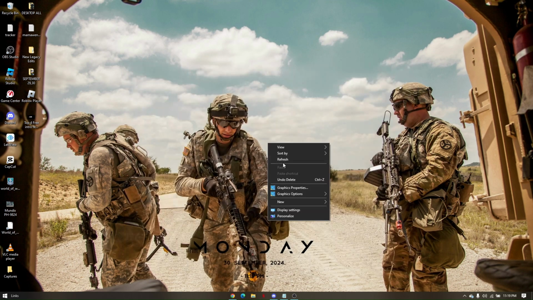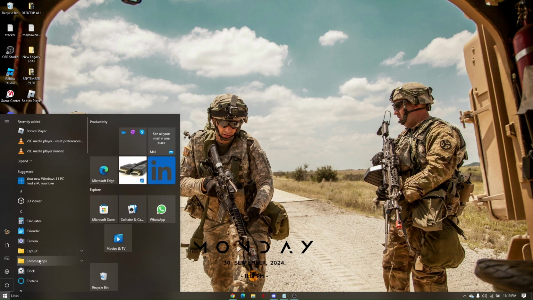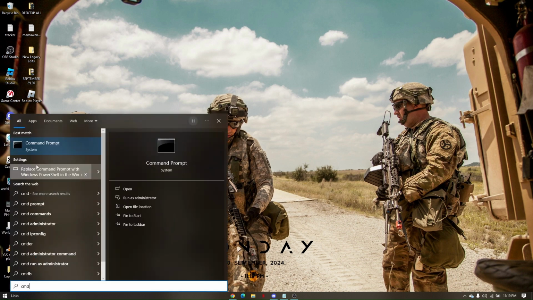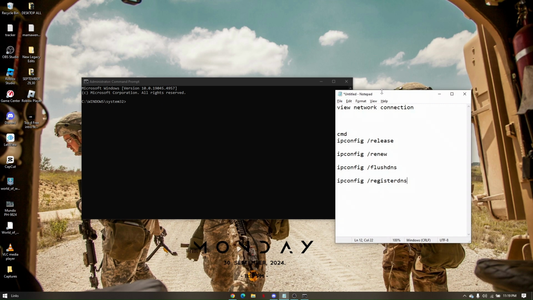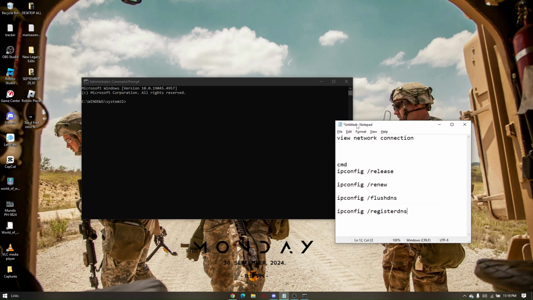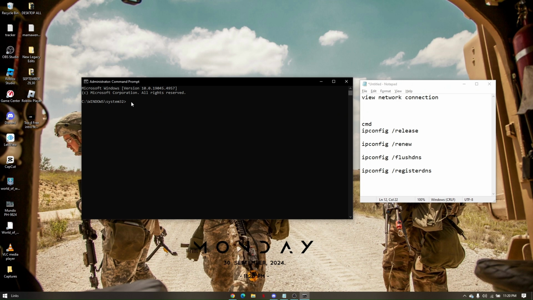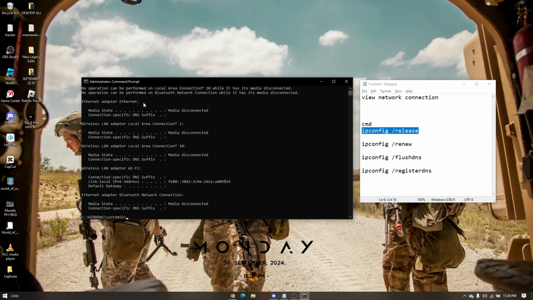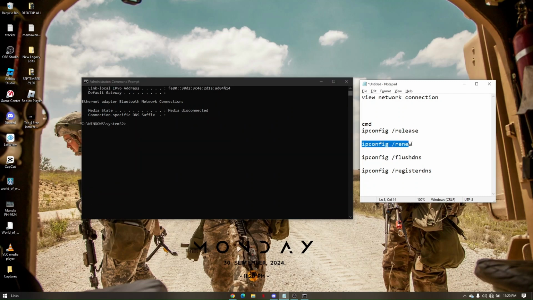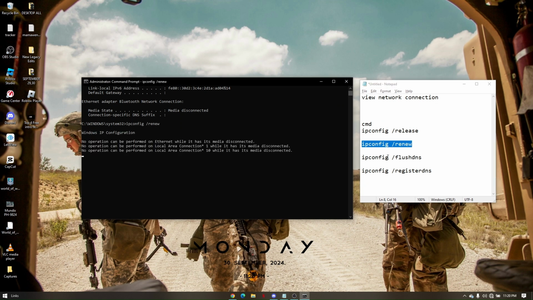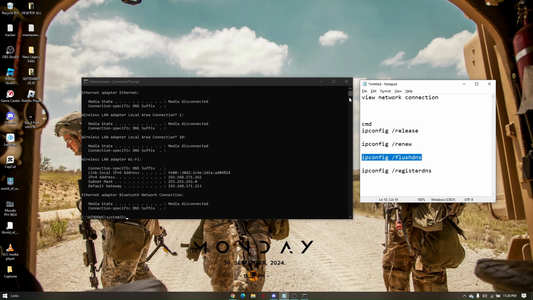Now, next thing to do is go back to your Windows icon, type in CMD, make sure that you run this as an administrator, click on yes. From here, all you have to do first is ipconfig /release, enter, and then second is going to be ipconfig /renew, enter, and then the third one is going to be